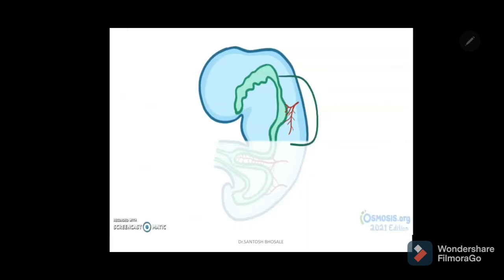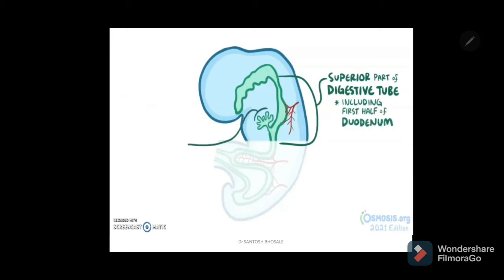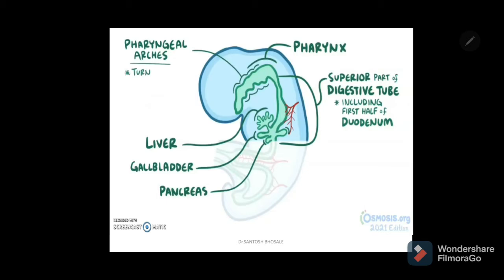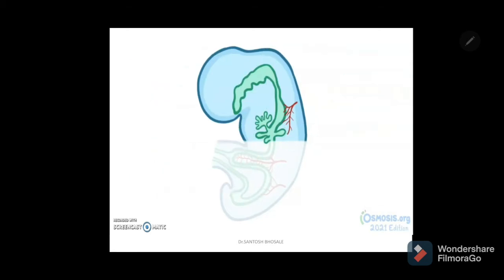So let us see here how the esophagus develops. You can see the cranial part of the postpharyngeal part of the foregut. You can see how these different organs develop from the foregut tube, and you can see there the prepharyngeal part is along with the pharyngeal arches. It develops along with the pharyngeal arches, and it is involved in the formation of bones, muscles and cartilages of head and neck. So that we'll study in the pharyngeal apparatus.